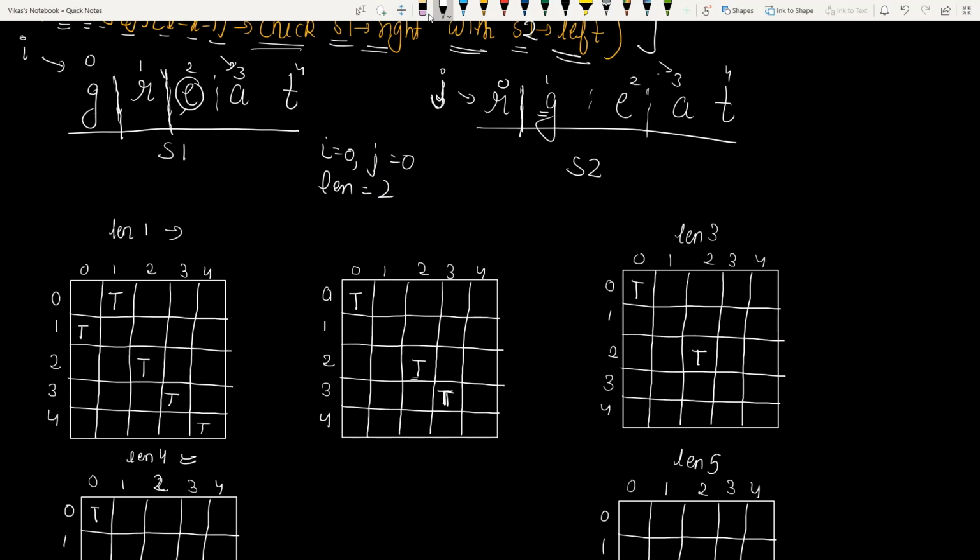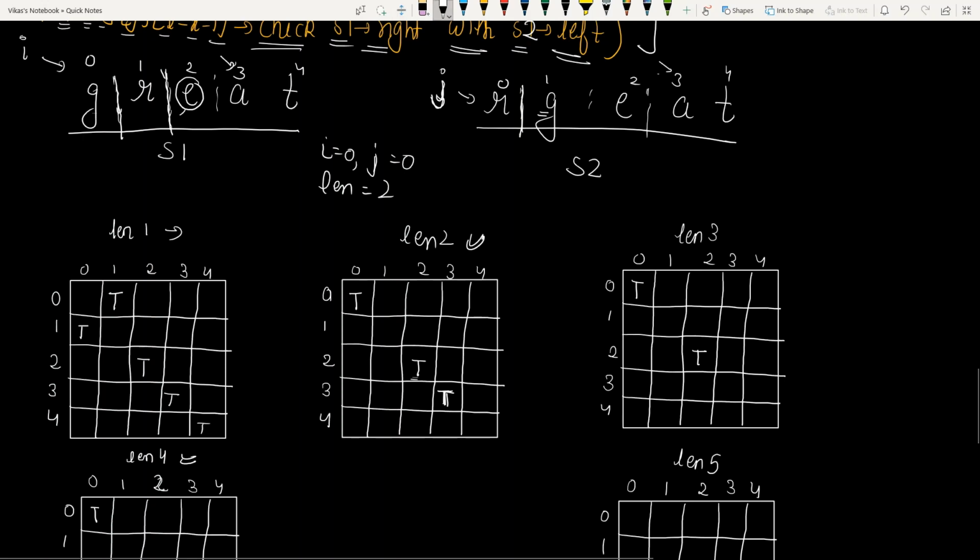At this position it is true. So length 2 is here, and I0 and J0, it is true. That means GR and RG are scramble strings. So S1's left is matching with S2's left.